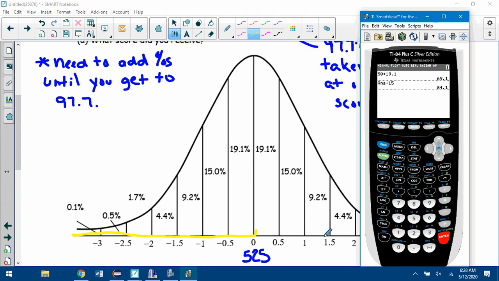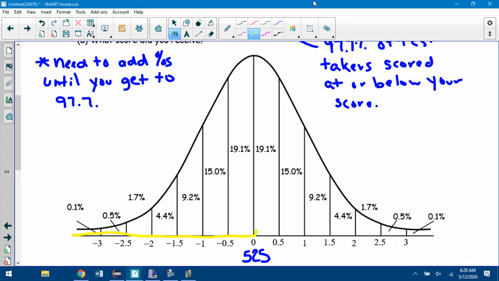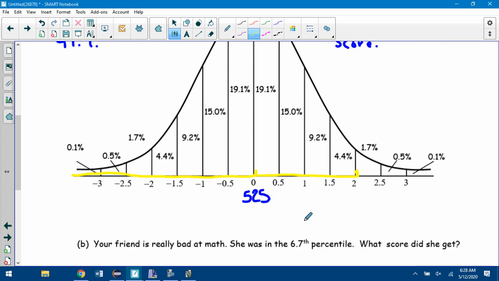That's 84.1, still not enough. So go further, add 9.2. That's 93.3. I've got to get to 97.7, so add 4.4. There it is, 97.7. So I had to add everything up until I got to the 4.4. So right to here, that was 97.7. So all of this